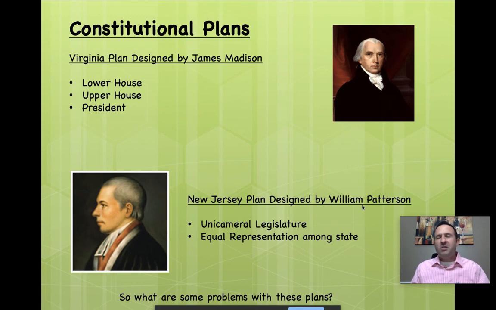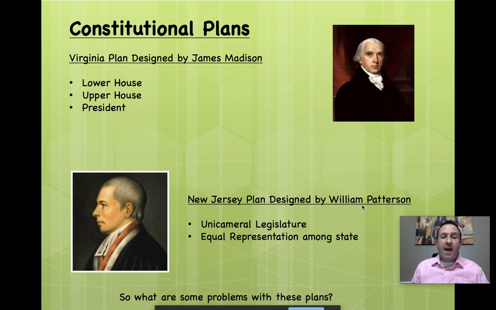And then, of course, the other issue is how do you count representation? I mean, how do you count your population? Does it count everyone? Do you just count people who own land, so men? Do you count women? Do you count children? Do you count enslaved individuals? And of course, Northerners say, no, you treat them as property anyway. Why would you count them? We don't have any.